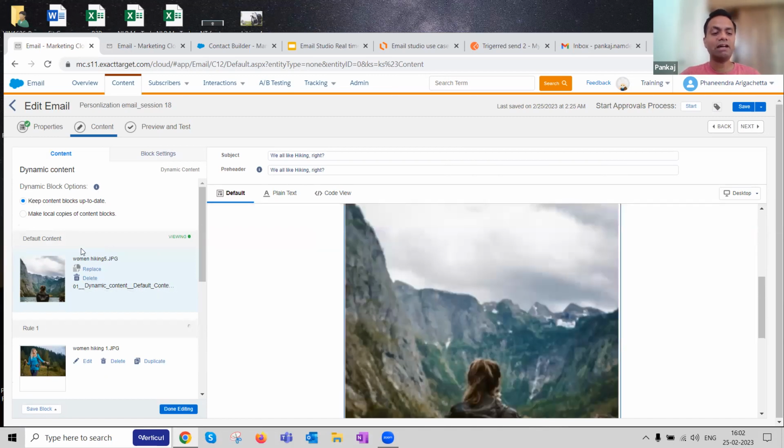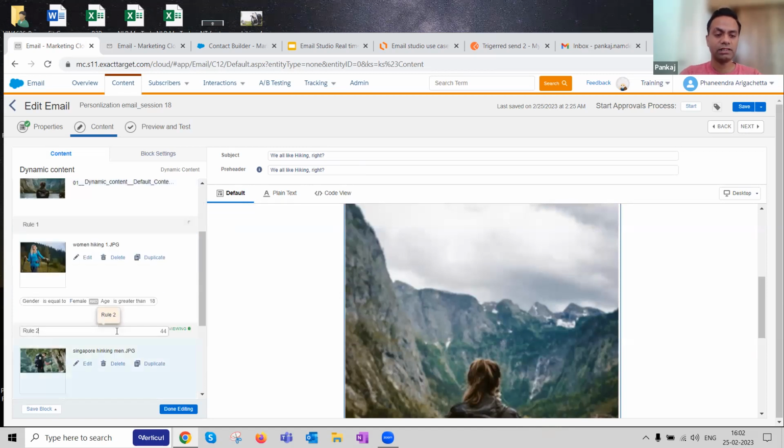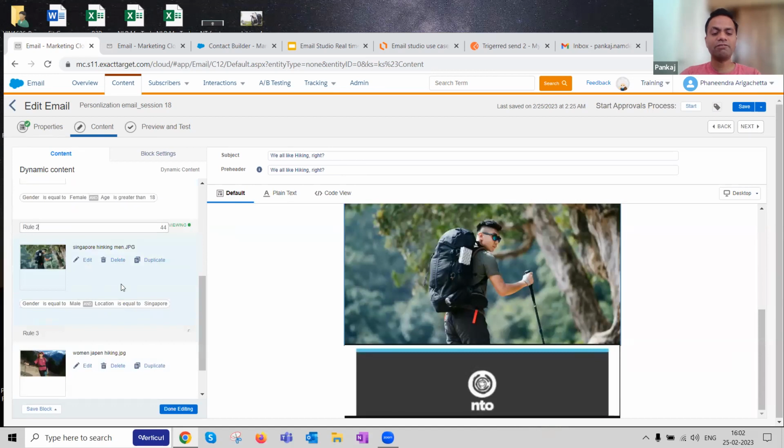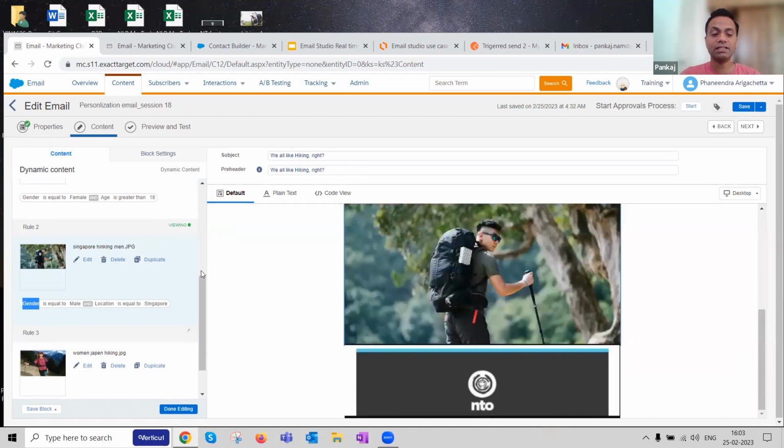So now what I've done is I've set some rules over here. If you see over here, in this particular case, I've created some rules saying that, and remember all this data has been provided to me by different systems, one of them being e-commerce, that if the gender is equal to male and the location is Singapore, I want to display this particular image to the customer. So that's personalization, right? Based on various attributes or data points that I've been collecting for customers. So if this is the case, then this image will appear.